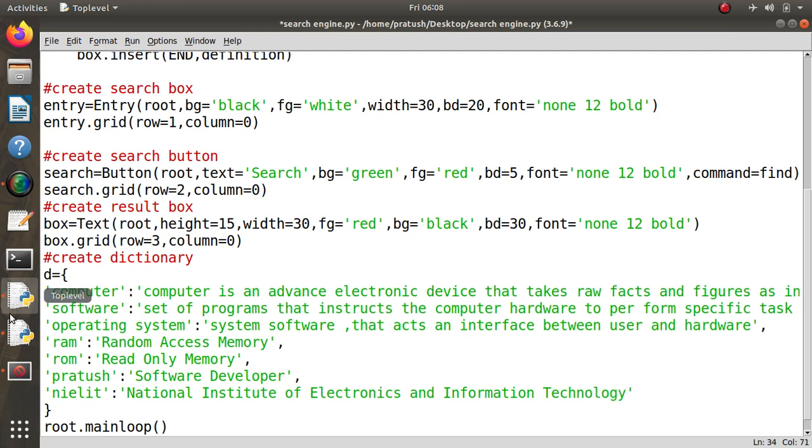We have added one more item in our dictionary, where NIELIT is the key and the value is National Institute of Electronics and Information Technology.